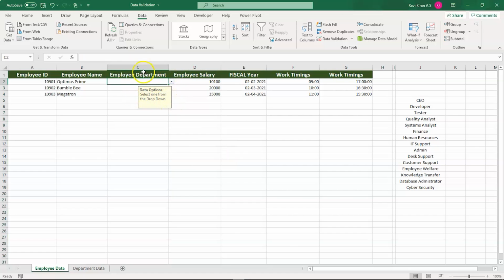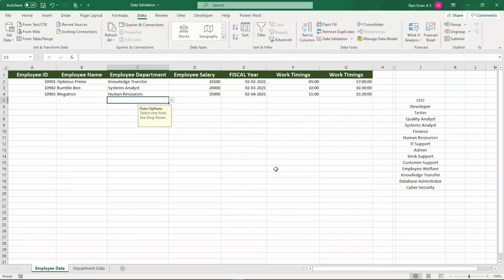Fine. Now you have the icon here. You have all the provided options. You can scroll down and select any one out of these. You can select knowledge transfer for the first one, and second one would be system analyst, and the last one would be human resources. Now in the list everything is fine. Okay, this is showing you the menu options and everything.